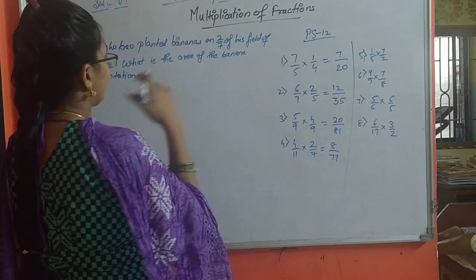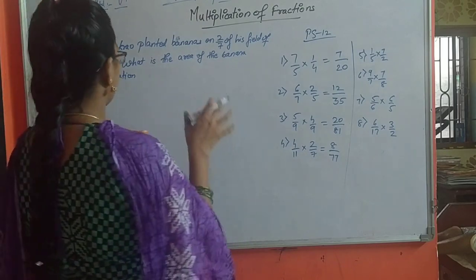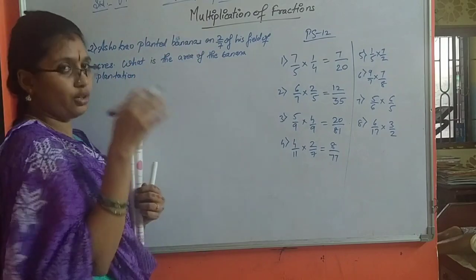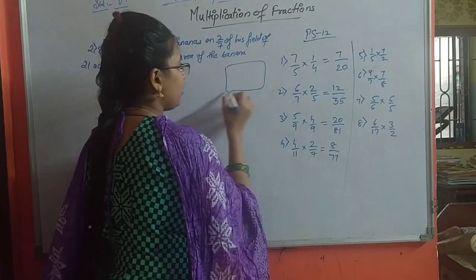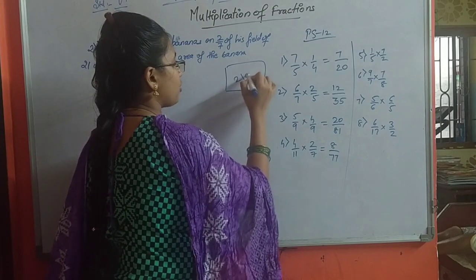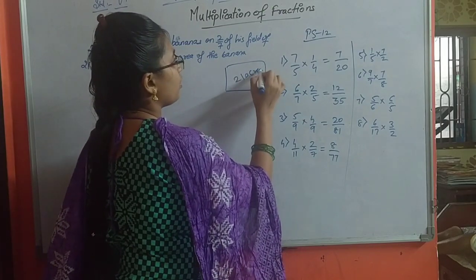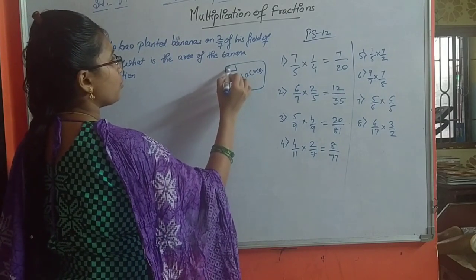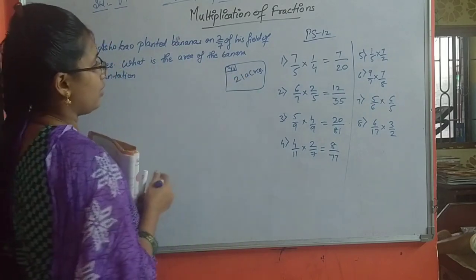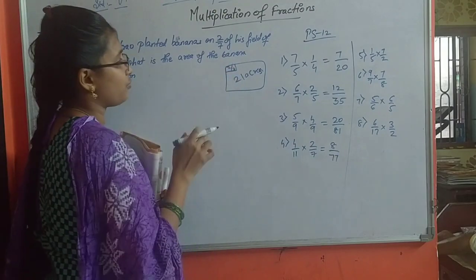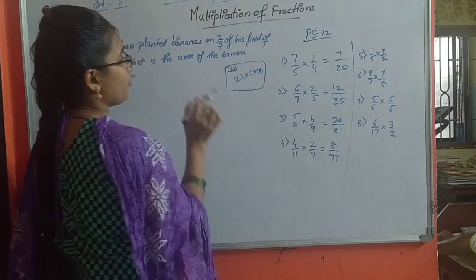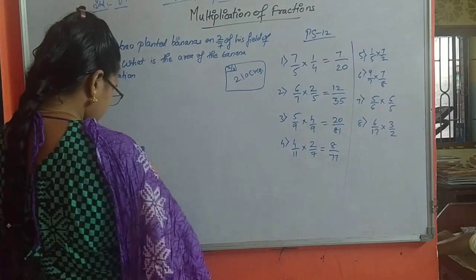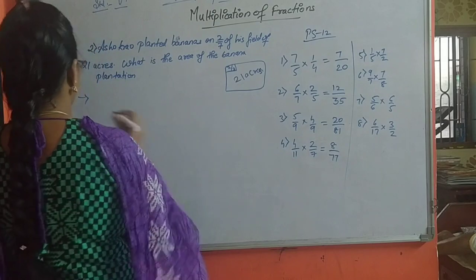So to convert this fraction into a number, we have to get the answer by multiplying 2/7th part into the total acres of land. Suppose this is the land, the entire area of the land is 21 acres. In this 21 acres land, only 2/7 part is bananas. This 2/7 part is the fraction form. So we need the actual acre form of that particular fraction. So what we will do, we will first write this statement.